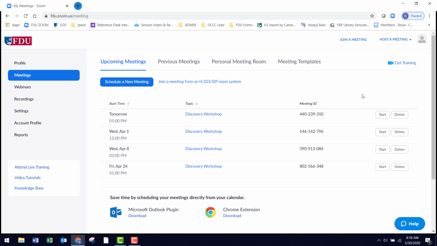If you don't have a meeting scheduled and you just want to start one impromptu or just on the spot, there's a Host a Meeting button here on the top far right, and you'll see if you hover over it, it asks you, do you want to start your meeting with your video off or your video on? And this will bring you directly into a meeting. So if I click on Host a Meeting with video off,